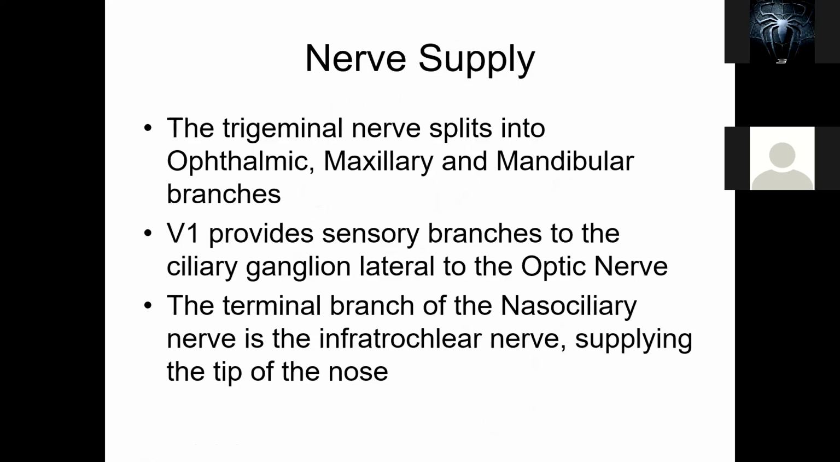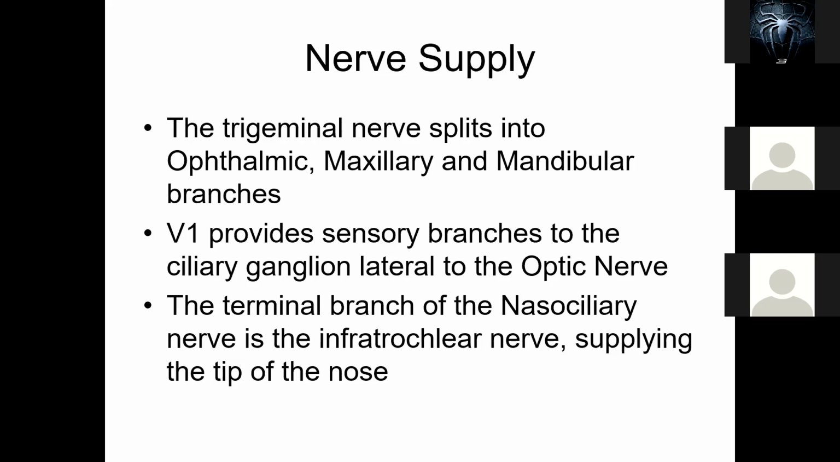All right, so nerve supply of the eye. Now, we all know the trigeminal nerve, that is cranial nerve V. It splits into three branches. We have V1, V2, and V3. V1 is the ophthalmic nerve, V2 is the maxillary nerve, and V3 is the mandibular branch. So V1, which is the ophthalmic